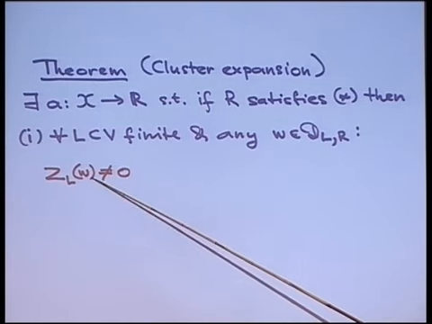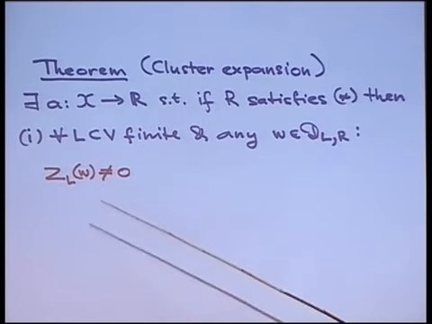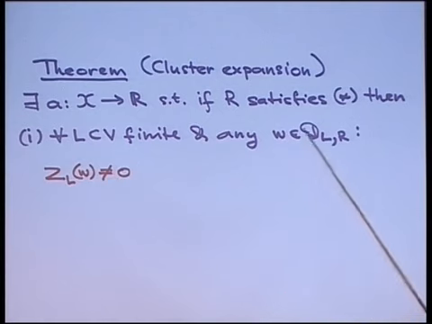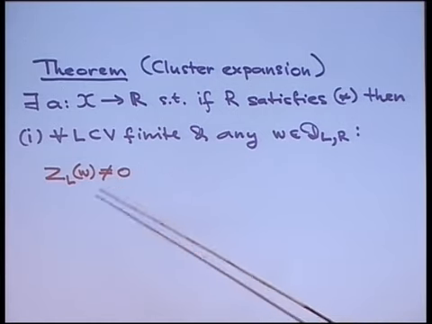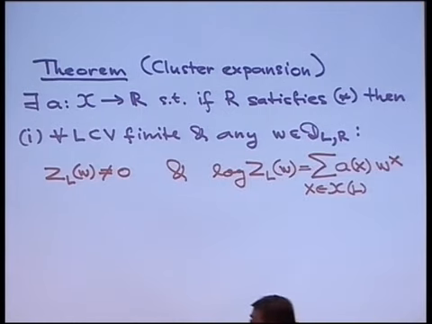Remember W is complex, so there is no reason why ZL should be. So this is the main obstacle, the zeros somehow. So on this polydisk, with R that satisfies this condition over there, ZL is different from 0. And once it is different from 0, then of course our expansion applies. And we have this formula here, which is rewritten here. Okay? So this is the first statement of